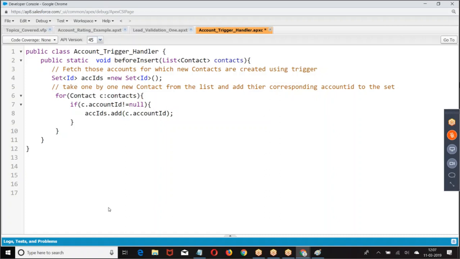Is that clear? Any query on these three lines of code, 6, 7, 8, 9, 10? Anybody has any query on that? So I am taking contacts one by one, adding the corresponding account IDs to the list. It is not necessary that every contact will have an account. I may give the account as blank. When the account is blank, the logic should not run. Okay, then